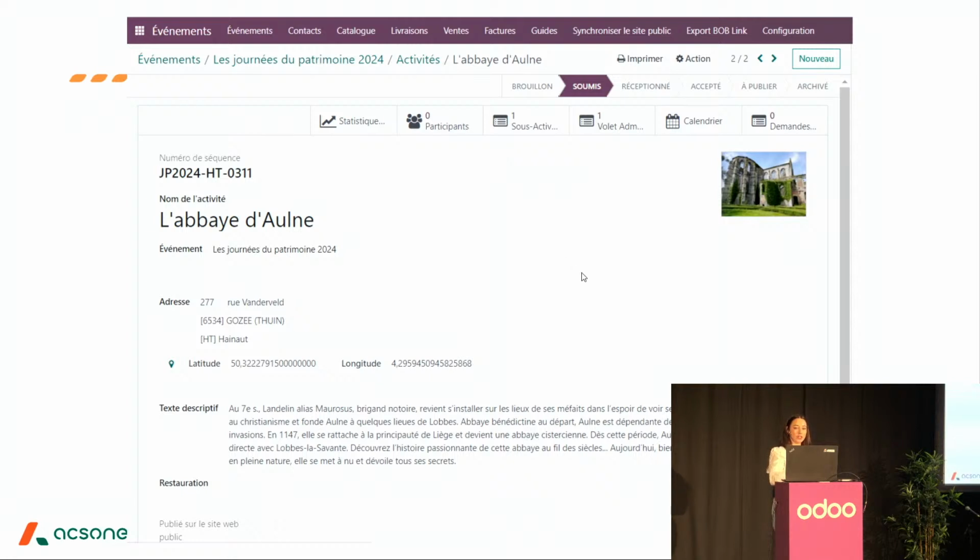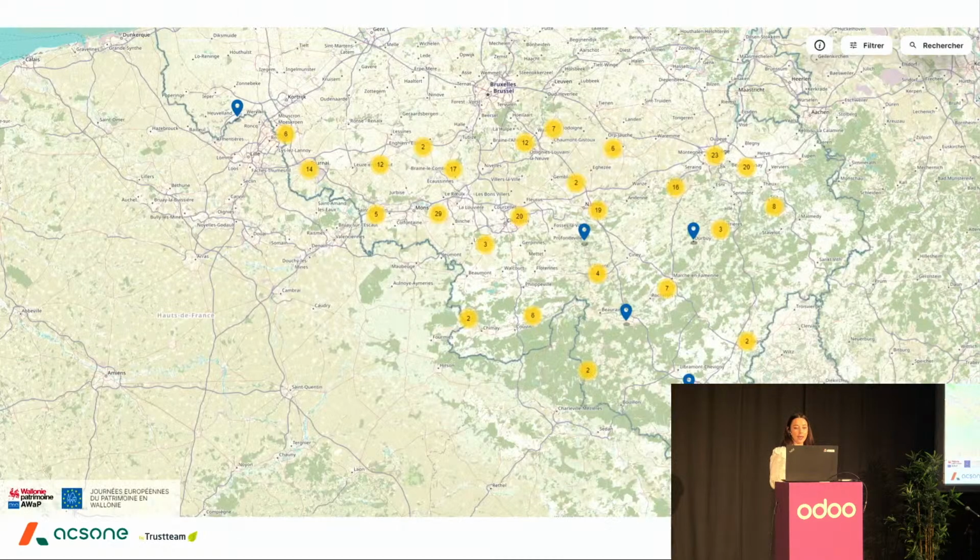And so at each steps, organizer will receive an email to know at which step their application is. And when it's ready, when they allocate subvention if needed, equipment if needed, and guides, they publish it on the